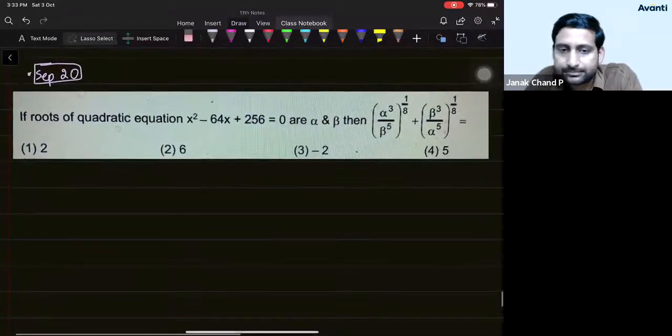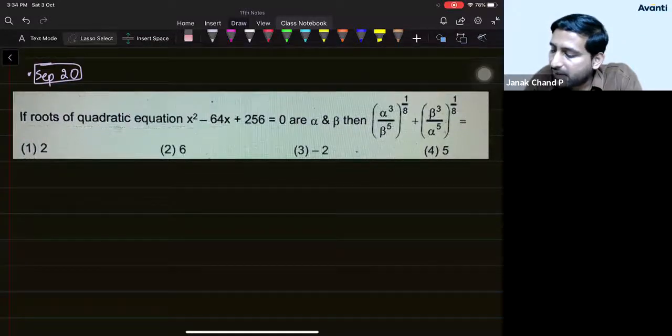Fine, look at this question. If the roots of the quadratic equation are alpha and beta, then what can be the value of this? There is no doubt, student, this is related to symmetric functions of roots. I hope you remember the concept, right? From the quadratic equation, we can directly get the sum of the roots and the product of the roots. With the help of that, we can find the symmetric function of alpha and beta. This looks somewhat different from whatever we have solved in our regular class, but still you can surely solve this with the same concept.